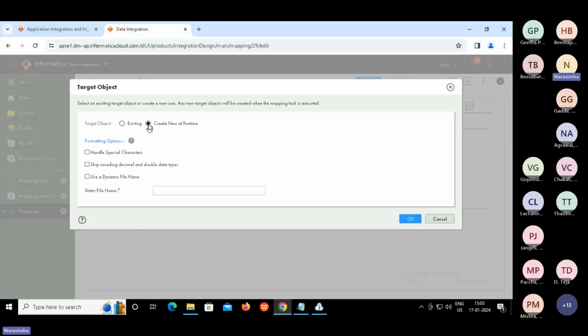To do that, select create new at runtime.